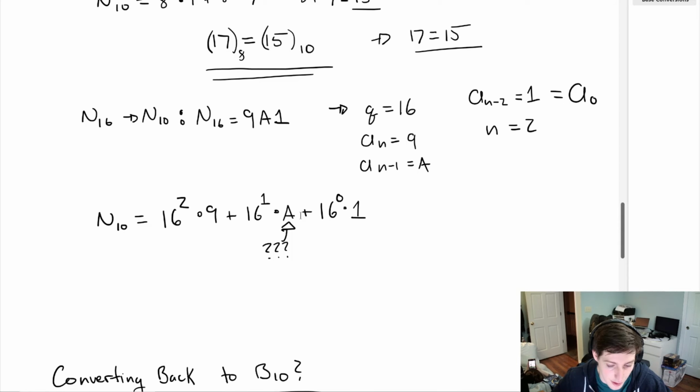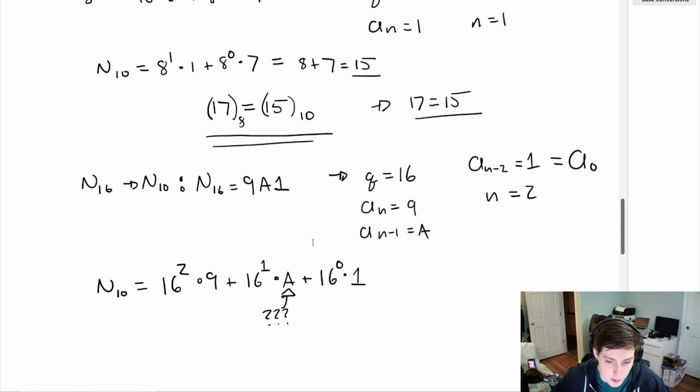So if we use the previous formula, we simply end up that, expressed in base 10, we have 16 squared times 9 plus 16 to the first times A plus 16 to the 0 power times 1. The question is, how do you even do 16 raised to the first power times A? And this is where we need to look back